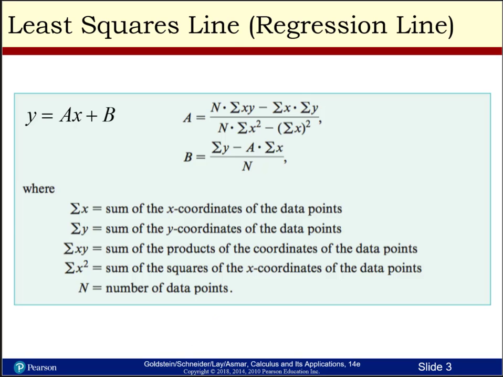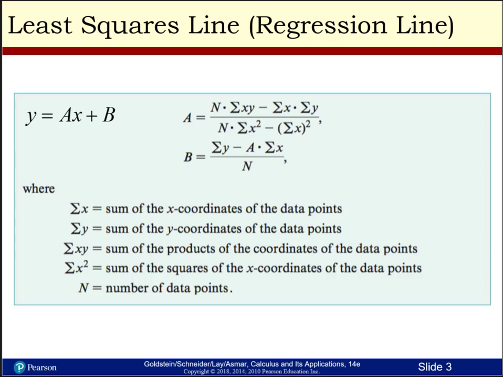So the least squares line, the regression line, y equals ax plus b, has a equal to capital N times the sum of your x times y minus the sum of your x times the sum of your y's, all divided by n times the sum of your x squareds minus the sum of your x quantity squared. And our b equals the sum of y minus a times the sum of x, over n,